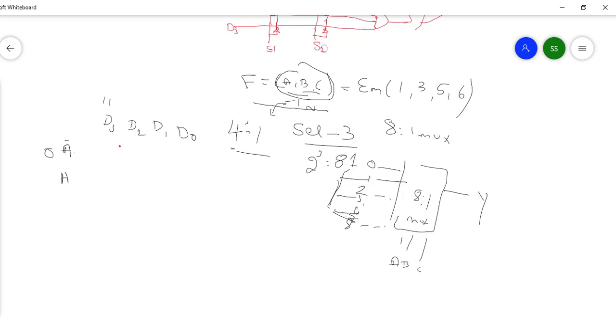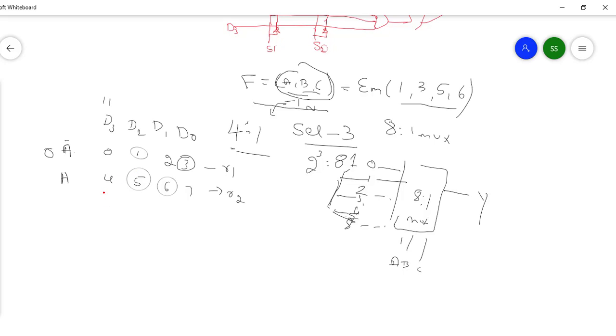Now what you have to fill is the numbers 0, 1, 2, 3, and similarly 4, 5, 6, 7. These correspond to D0, D1, D2 and so on. You have to fill like that. This is usually called row 1 and this is usually called row 2. Now whatever numbers are given, 1, 3, 5, 6, you have to select them: 1 here, 3 here, 5 here, and 6 here.